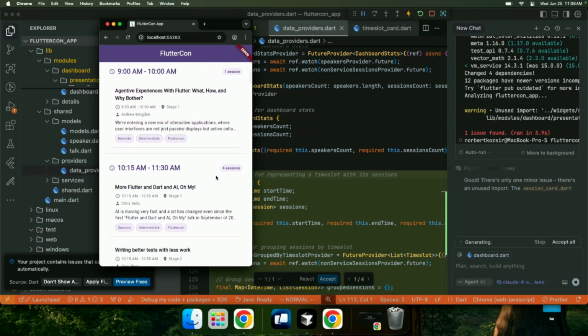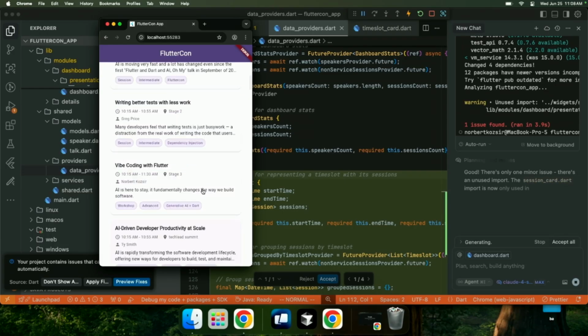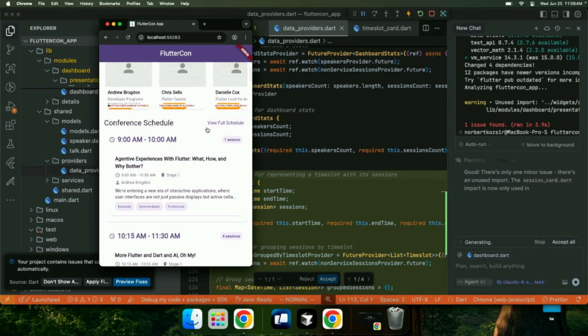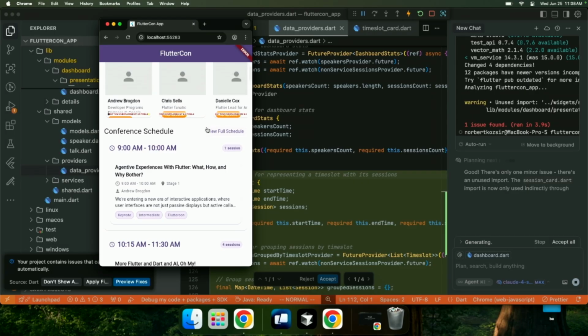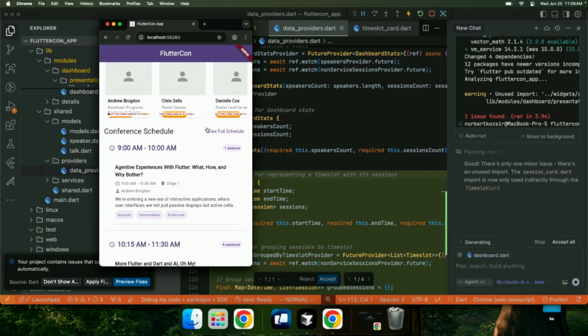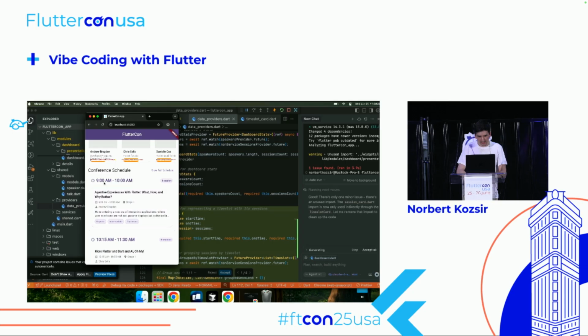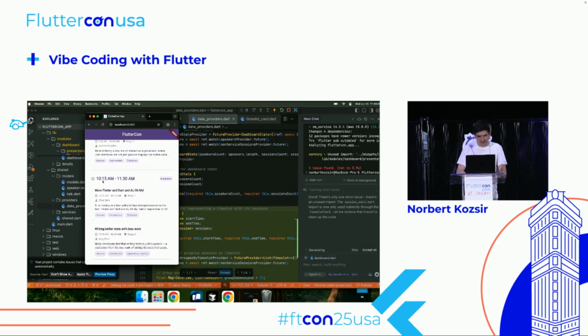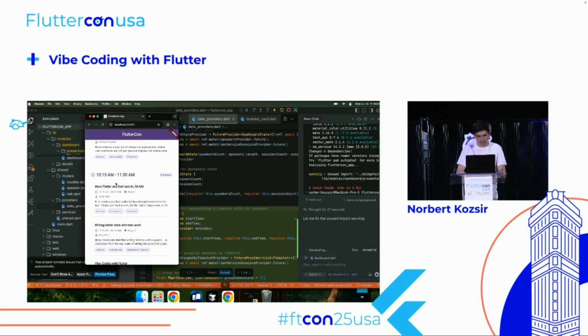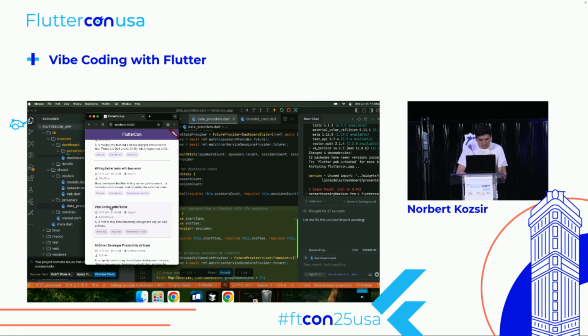So we have, this looks nice. I actually really like the UX. A lot of conference apps have it where if you have a time slot on the horizontal, you have to tap a button to switch between them, which is so annoying if you just want to see what talks there are. But yeah, 9 a.m., we got 10:15 to 11:30.